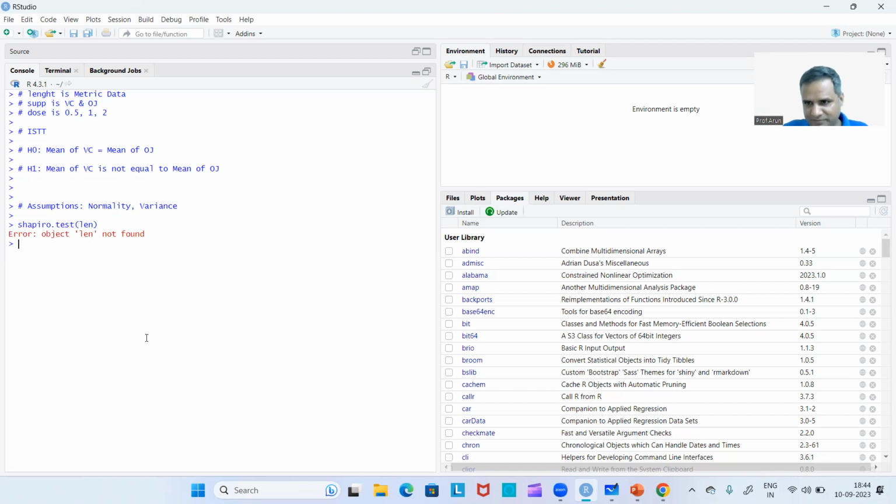क्या हो गया? एरर दिखा रहा है। क्यों एरर दिखा रहा है? मुझे खाली लेंथ का चेक करना है, ये जो लेंथ है, ये मेट्रिक डेटा है, जिसको कंटिन्यूस डेटा भी बोलते हैं। तो ये एरर क्यों दिखा रहा है? क्योंकि मैंने फाइल को अटैच नहीं किया है, तो मुझे अटैच करना पड़ेगा। अटैच टू ग्रोथ, यू हैव टू अटैच द फाइल। अब ये अपर एरो की दबाओ।